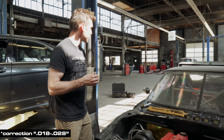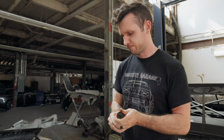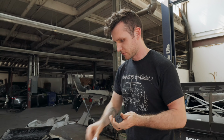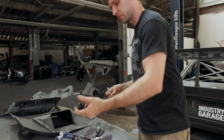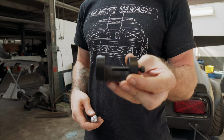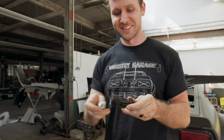All right, well I have a feeler gauge and let me go here. Feeling comfortable with the tool now? Yes, super straightforward. So I got this tool off of eBay, I think, but it's super simple. It's a piece of aluminum with a